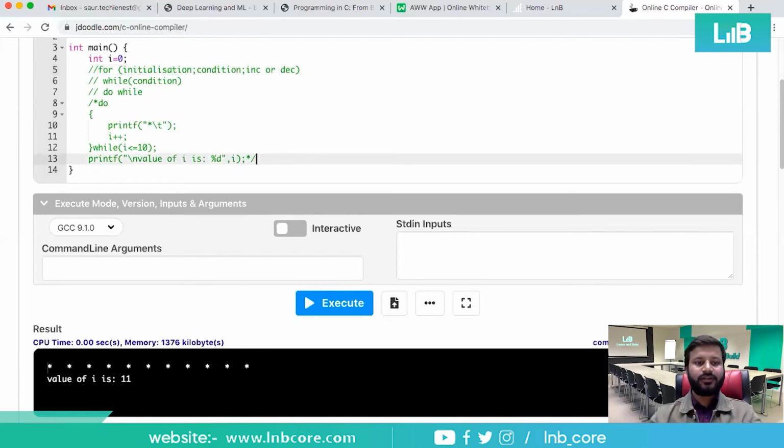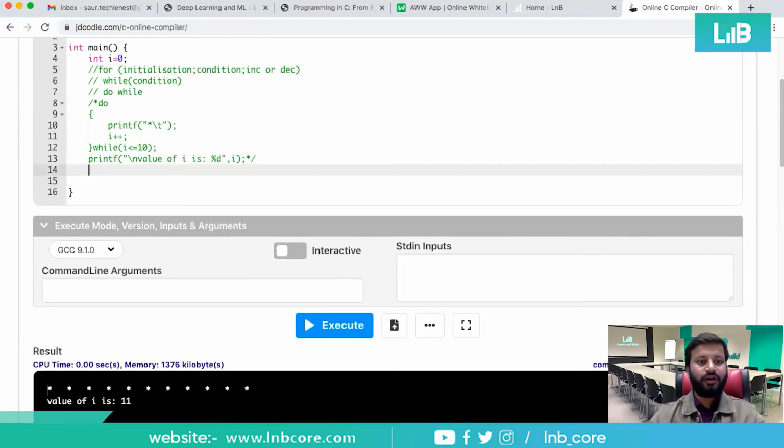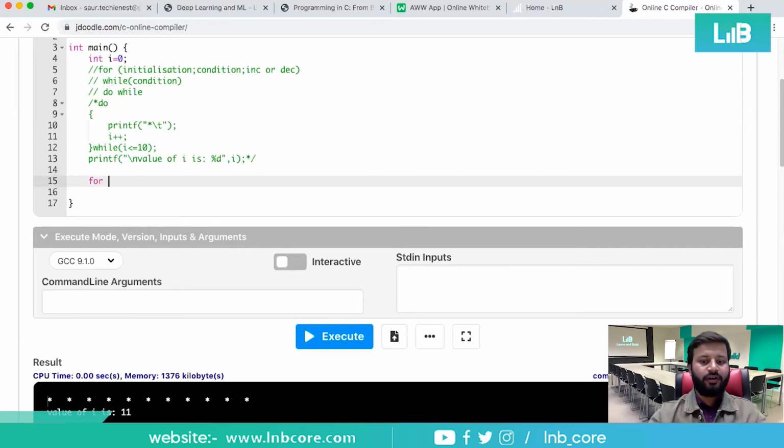Okay, so now let's talk about multiple or nested for loops. The way we write code for a nested for loop, similarly we can write it for while loop and do while loop also.